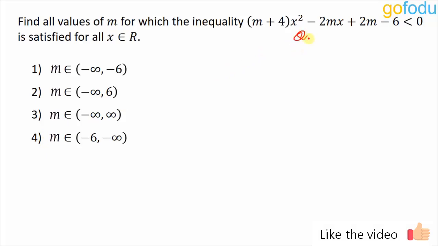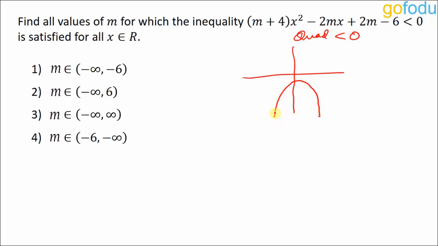So we have a quadratic expression less than 0. So the possible graph for this inequality will look something like this. The parabola will be totally below the x-axis, okay? Then only it will be covering negative y values. So for this curve, we can say two things for sure. One is that discriminant is less than 0 because it has imaginary roots. That means this curve will never cut x-axis. No value on the positive y-axis will be covered by this curve, okay?